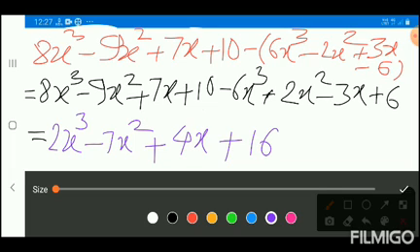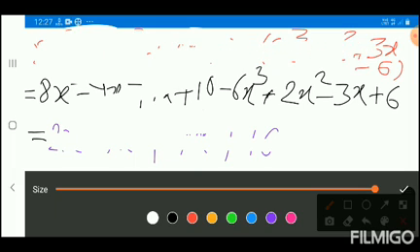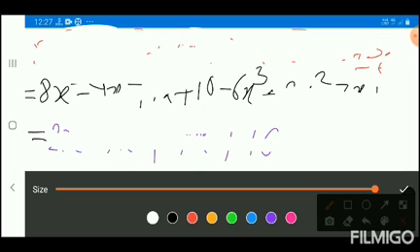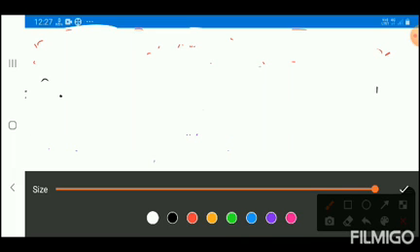Okay. Now we will see multiplication of polynomials. First of all, we had seen addition, then subtraction of polynomials. Now we have to see multiplication of polynomials. It is easy. Already you have studied this: how to multiply monomial by binomial, or monomial by monomial, or trinomial by monomial, trinomial by binomial. Okay, same way we will see here.